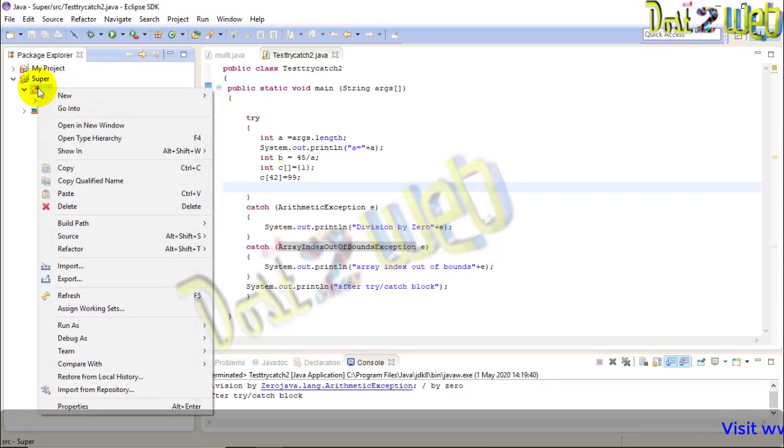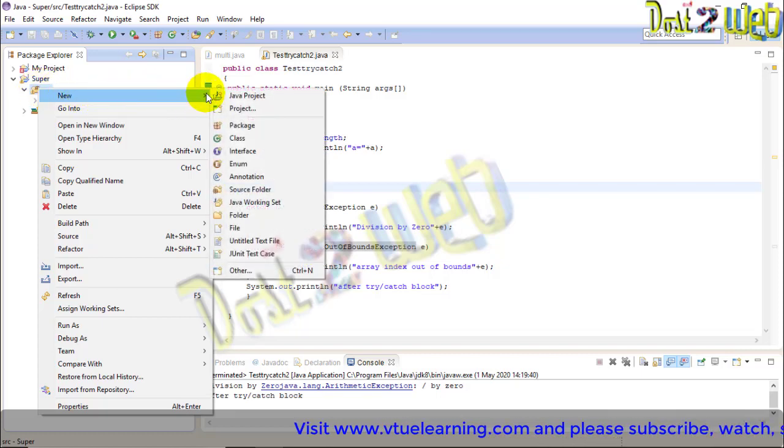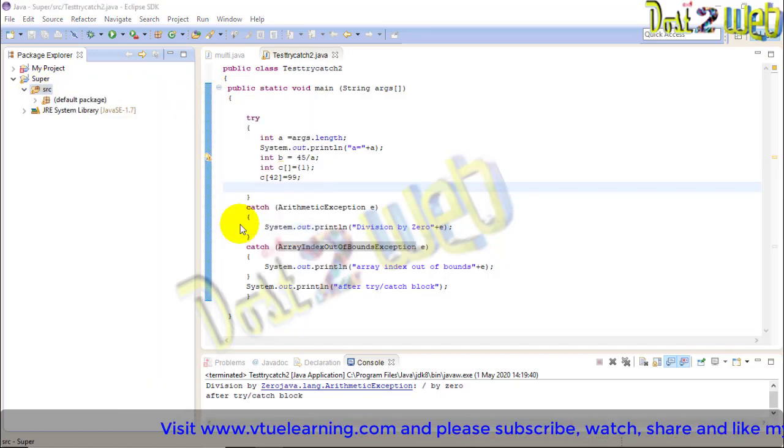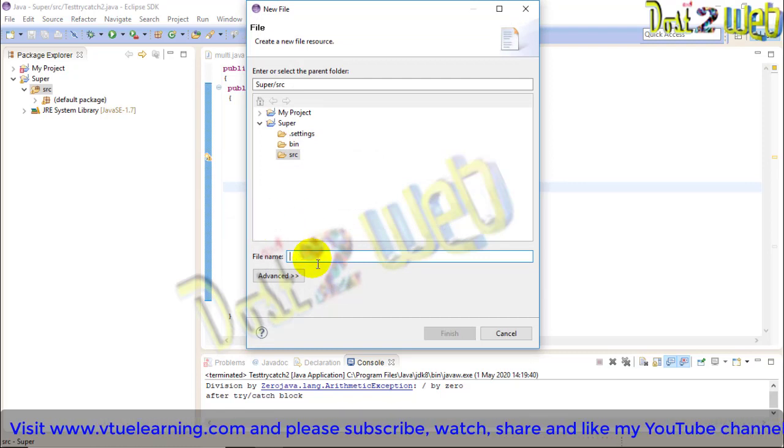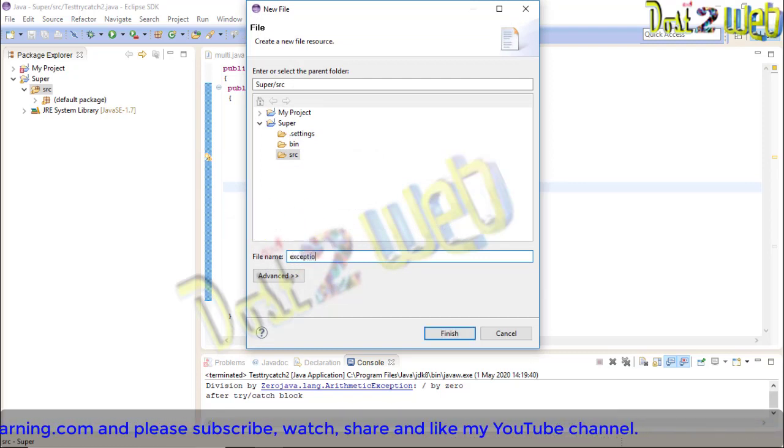Okay, so in the source, what we are going to see now is how to create the try and catch, that is the exception handling program. So what you have to do guys, first, as you know very well, you have to create a file. So in the source directory I will create exception.java.